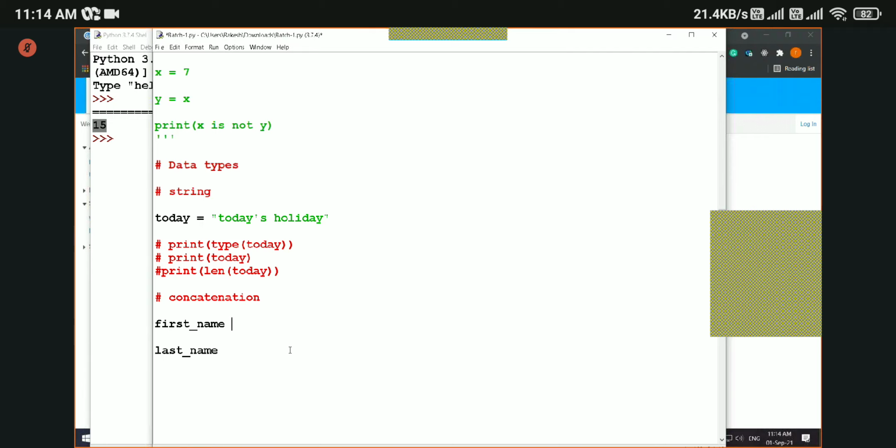So let us define the first name here. Let's take John as first name, and let's take Doe as last name, right? First name and last name. Now we want to concatenate these two, first name and last name, and show full name, right? So how do we do that?